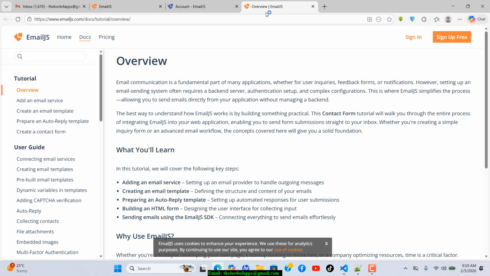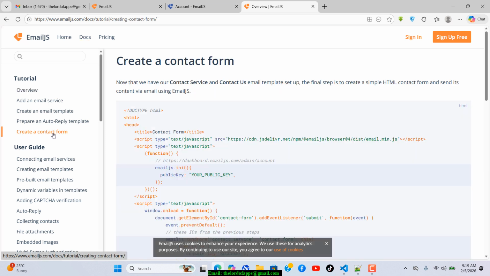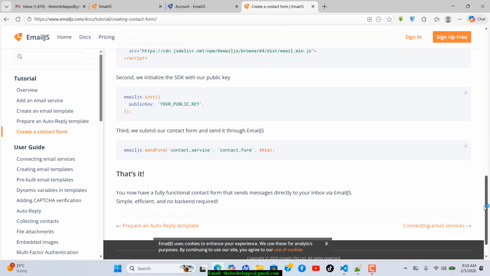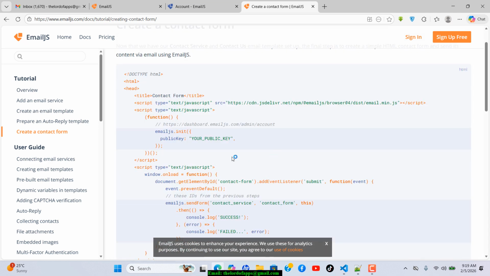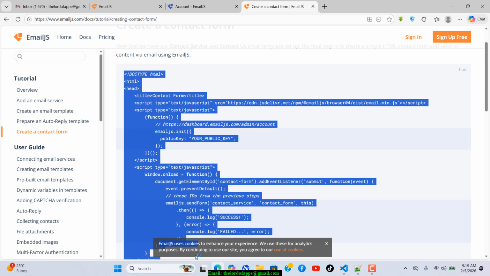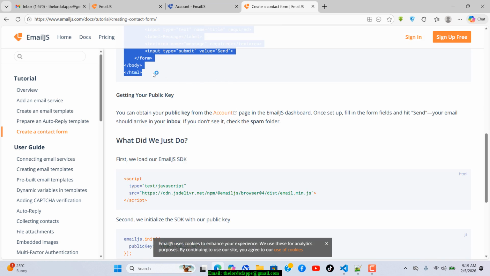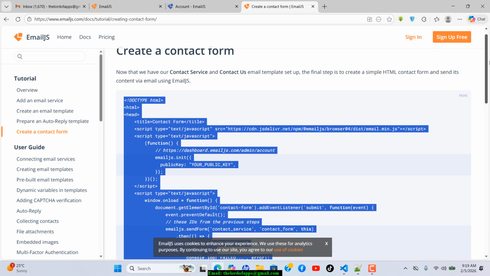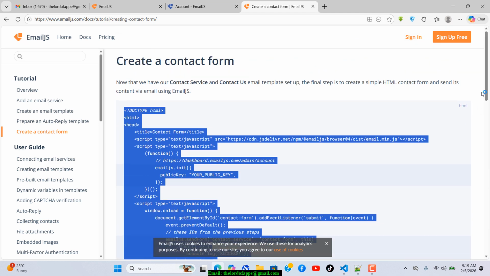It opens on a new tab, and then we can go to this place where they do have create a contact form. I want to hit on that, and as you can see, you can take your time to read through this right in here. All right, they do have this whole HTML page that you can use. All you just need to do is to plug in your credentials, and it's just basically going to help and then send the email. So I will copy this from here,